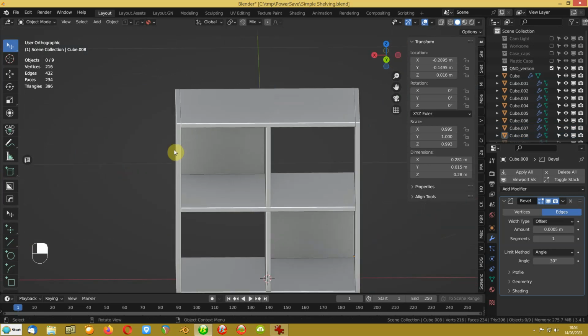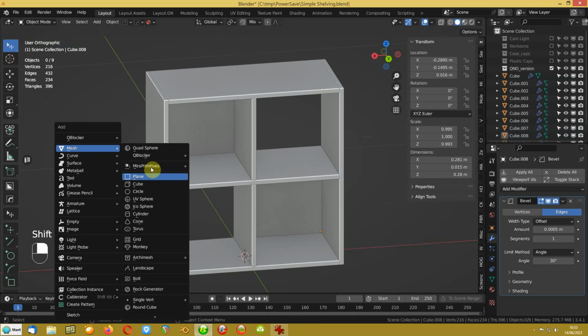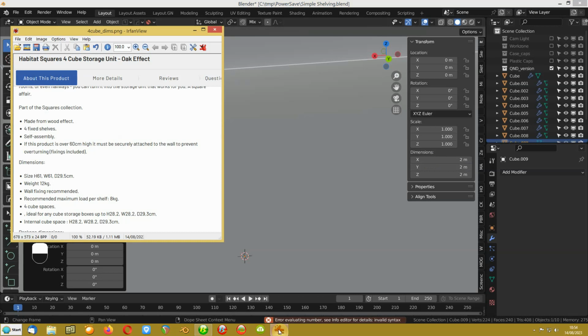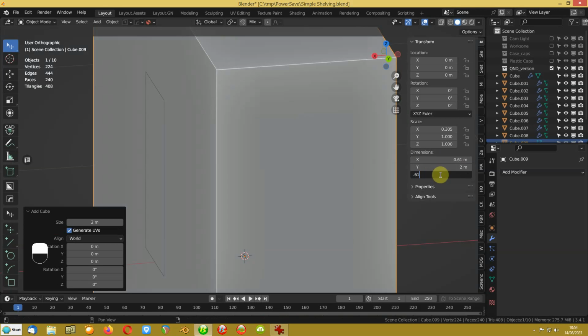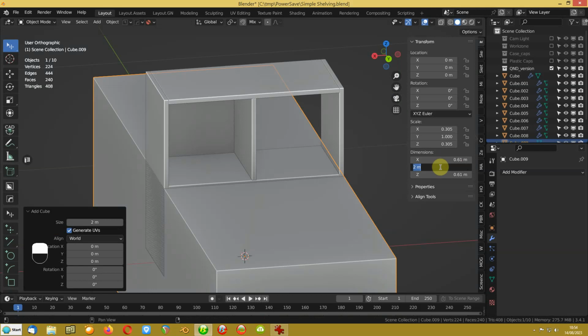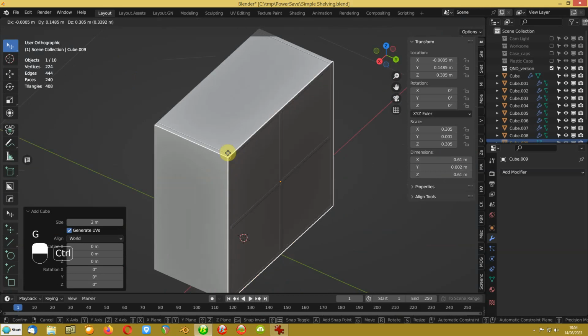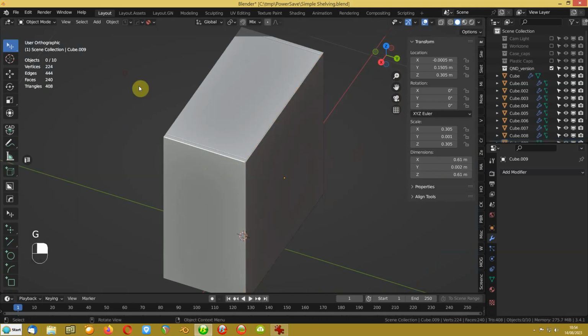Now the back is just a simple plane. So again, we know it's going to be plywood on these things, or even hardboard, so we will add a mesh, add a cube, and again we know it's, what did we say? Let's just check. We said it is 61, right, so 0.61, and we know by and large 2mm is probably as thick as you're going to get hardboard. So just G, snap it up to there, and then GY 0.002, right,